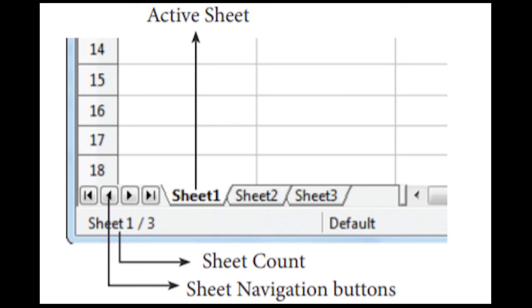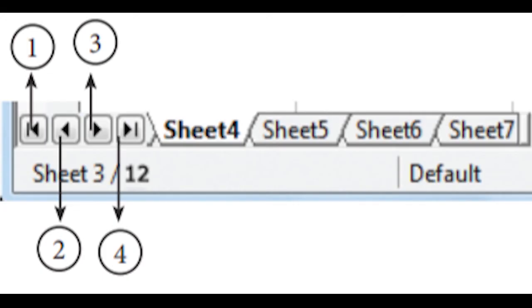Here you have the previous and next buttons, the sheet navigation buttons. If you click that, it will just move to the previous sheet or next sheet. If you are typing 3 or 4 sheets, the first sheet will be there. If you want to go to the first sheet, you can just click the first button, right? One arrow symbol with one line, that one. And if you want to go to the last sheet, you can just click on the last arrow, right?